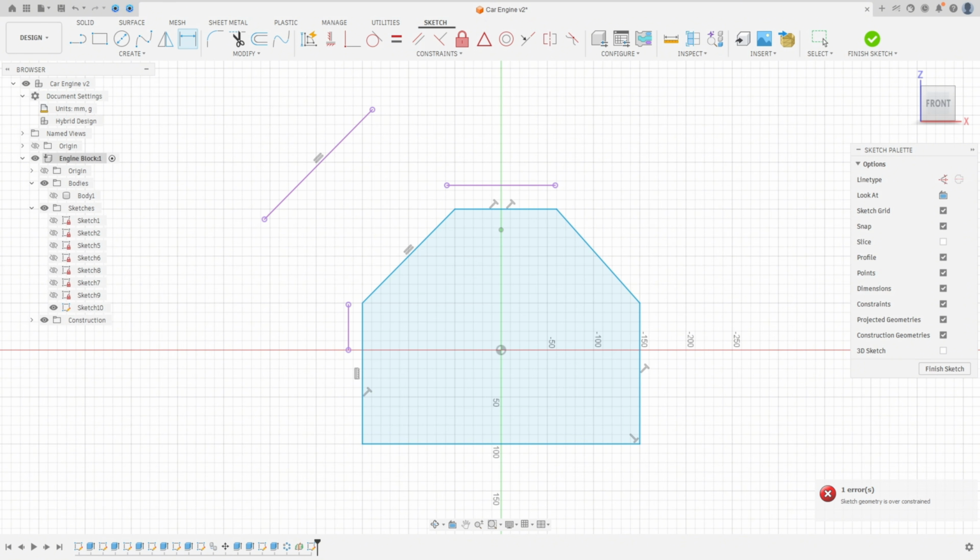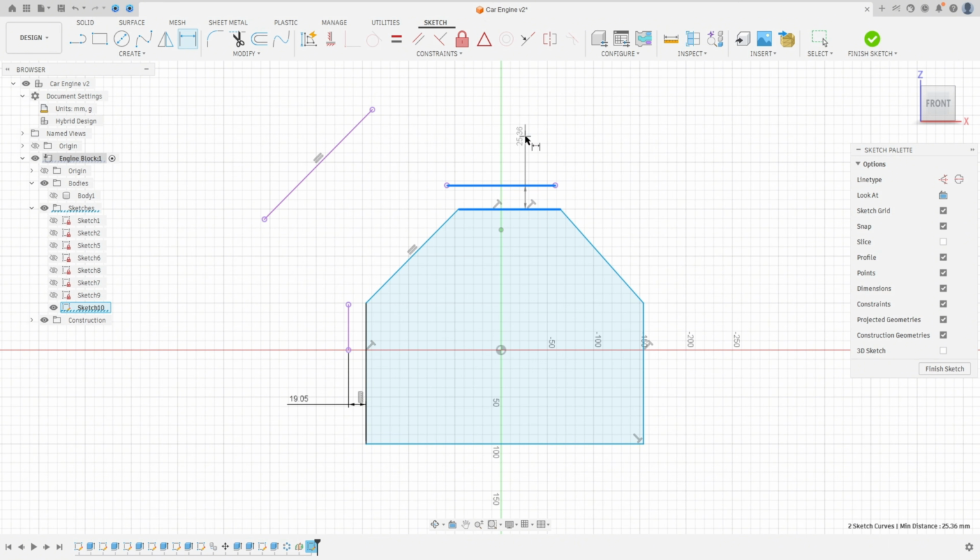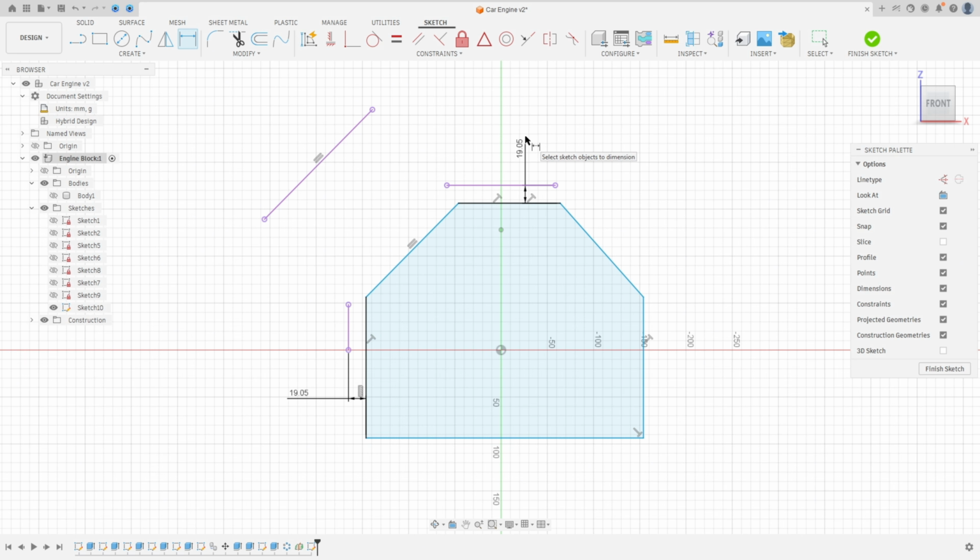And go to smart dimension. The distance between these two lines here must be 19.05 millimeters. The distance between these two lines is 19.05 millimeters. And go to constraint, select equal, select these two lines here and these two lines here, and go to sketch dimension. The distance between this line and the midpoint, 90 millimeters,